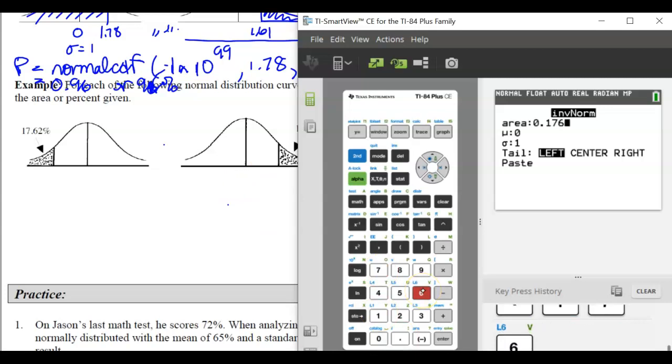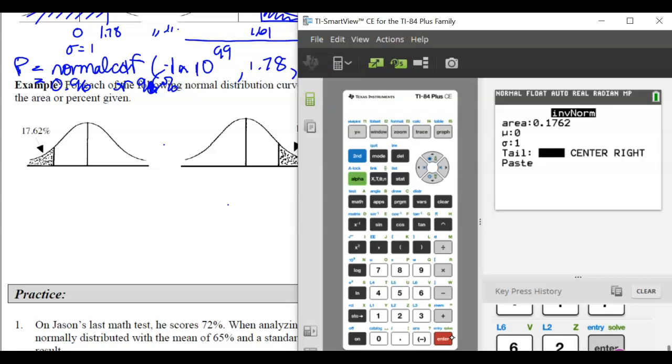0.1762. Enter on that. We're trying to find z-scores, not data values. If we're trying to find data values, we need the mean and the standard deviation. We don't know, so we're doing z-scores, so 0 and 1. And you'll notice here, newer versions have this. Older versions don't. So if you have an older version of the calculator, you might have to do a little bit of math. But in this case, it's asking you,